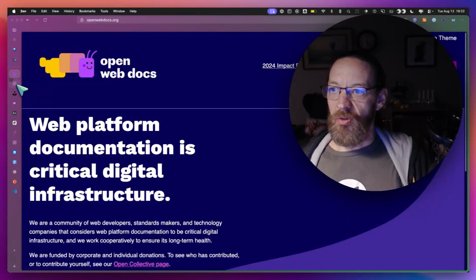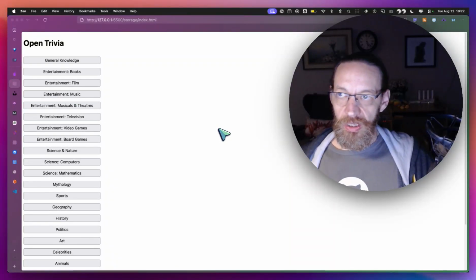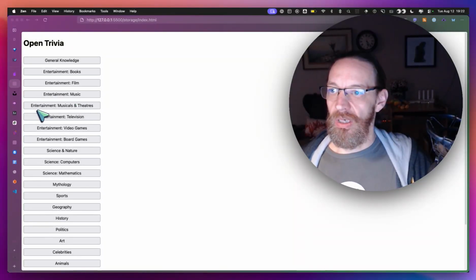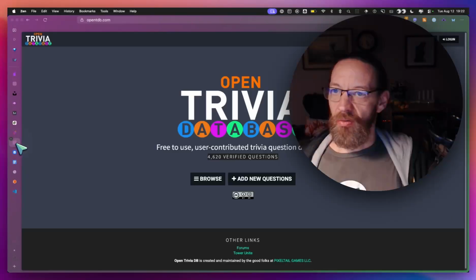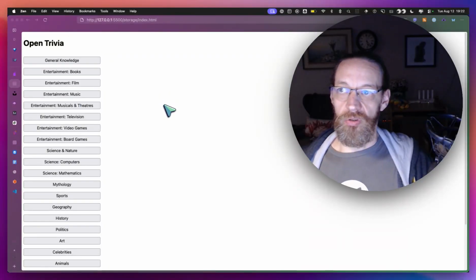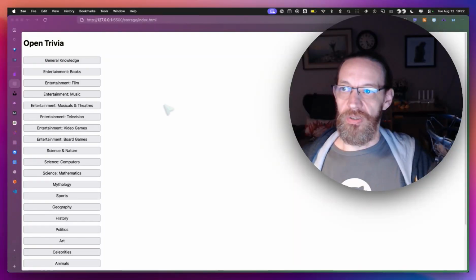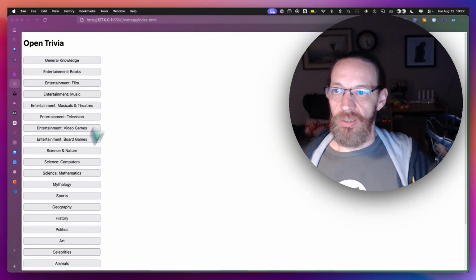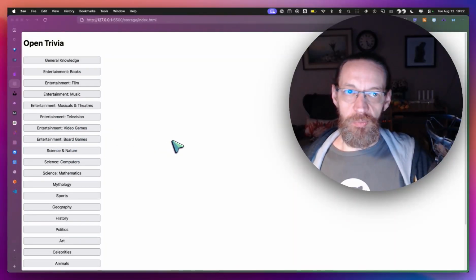So what I ended up doing is, here's the page. I'm using OpenTrivia, the OpenTrivia database, for the session storage part of this. Basically what I'm doing is loading these categories using an API call, and then I'm storing those categories